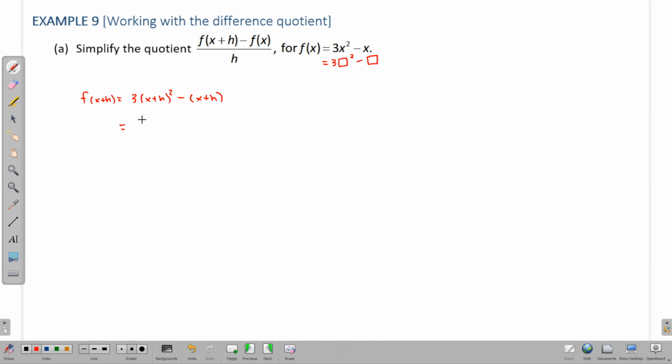Okay, so now we can FOIL this. So 3 times x squared plus 2xh plus h squared. Then distribute minus x minus h. Distribute the 3. Alright, we have that. And we don't have any like terms here that can be combined, so that's as good as that gets. So we're going to now do f of x plus h minus f of x. So we're going to take all of that,